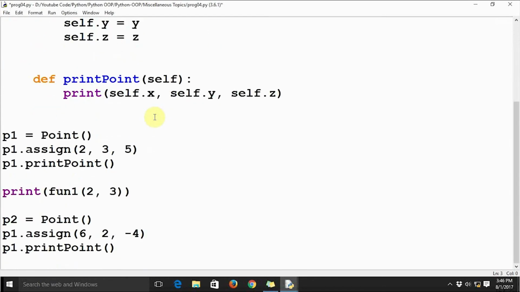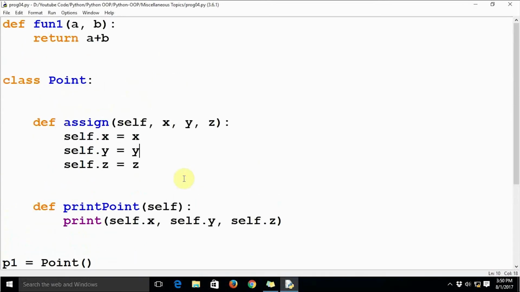While calling a function, we do not need to call it by referring to any instance or object, whereas while calling a method, we always need to call it using a reference variable or an instance of a class, that is, an object. These are the three main differences between functions and methods in Python 3.